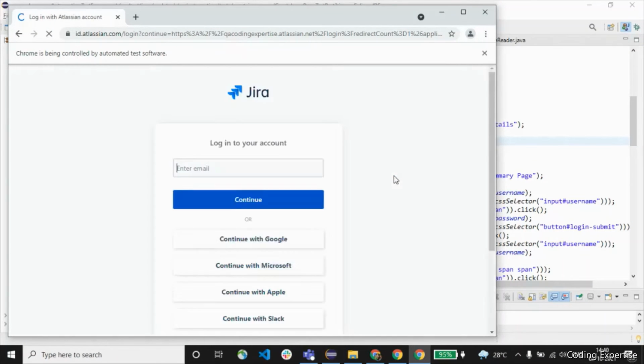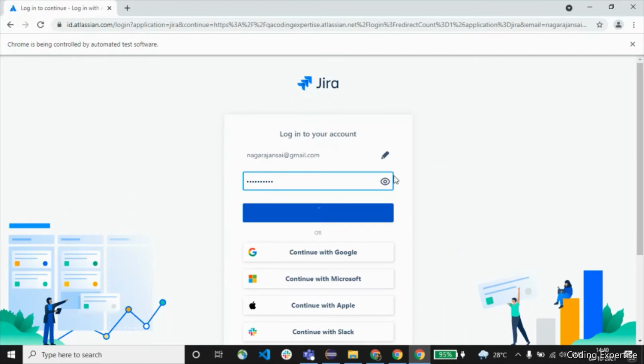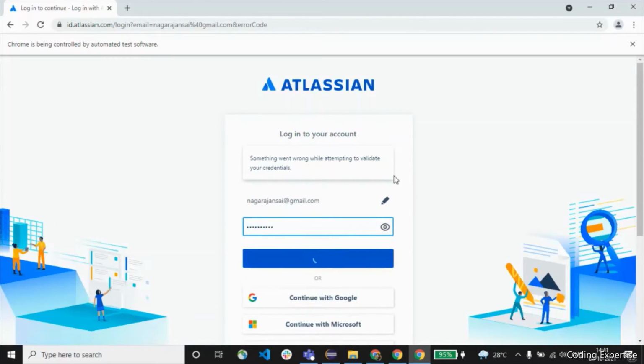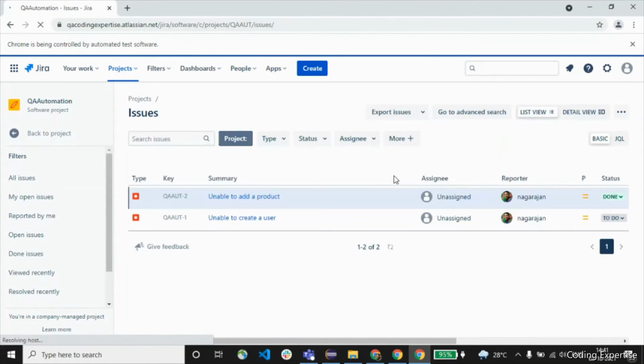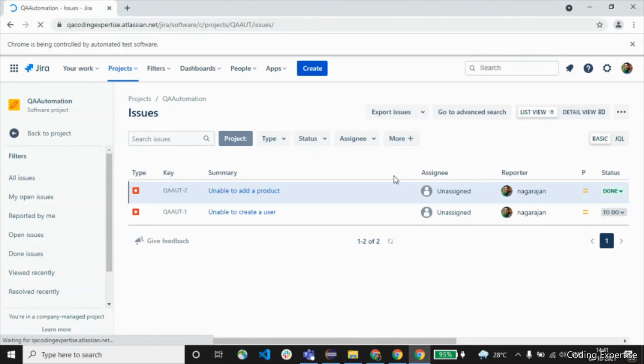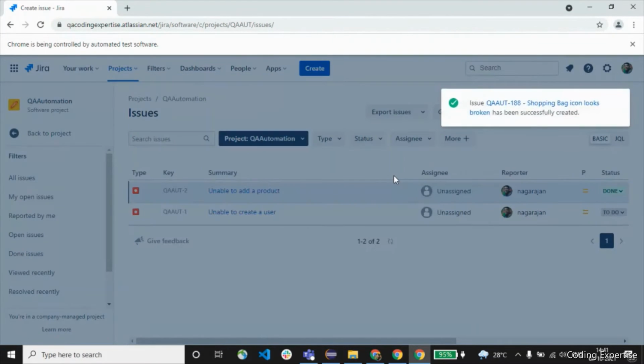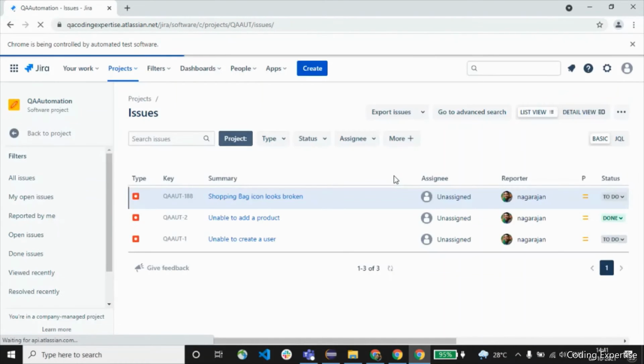It is trying to log into the Atlassian account, as we had seen earlier, right? It logs into the Atlassian account and clicks on QA automation project. It gets to the issue page and it is trying to create a number of bugs from the test data Excel file. In the Excel file, we have defined 5 bugs, right? Now it is going to create them one by one.